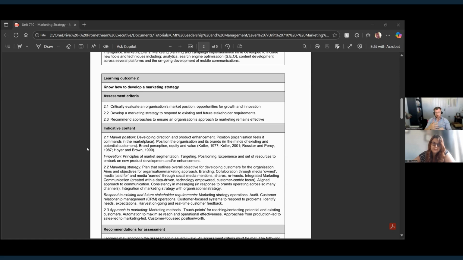We're then going to move on off the back of that analysis phase. We're going to move on to 2.2 to develop a marketing strategy to respond to existing and future stakeholder requirements. Now, you're going to use probably some of your findings in 2.1 to inform this marketing strategy, but you've also got to focus here on how that response to existing stakeholder requirements lives, and then also future requirements that might change or develop into the future as well. So yeah, it might make sense to just identify who your stakeholders are here as part of that kind of